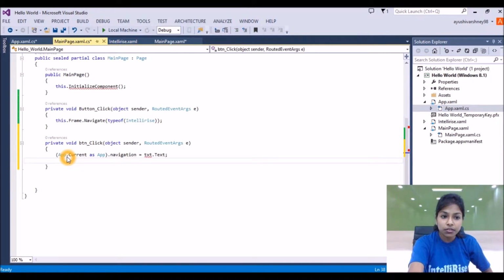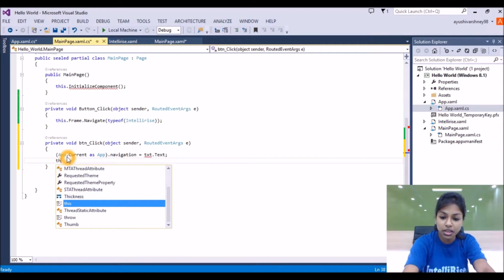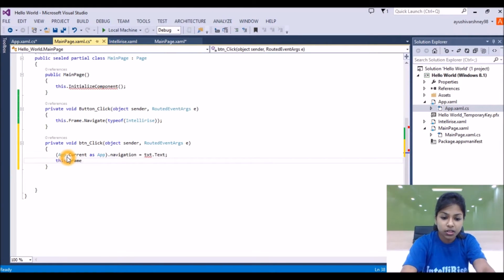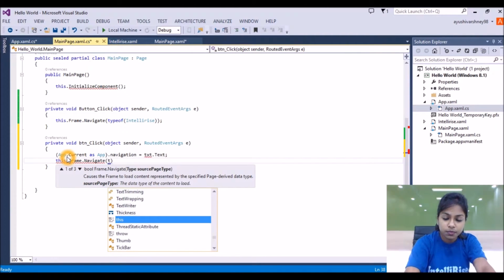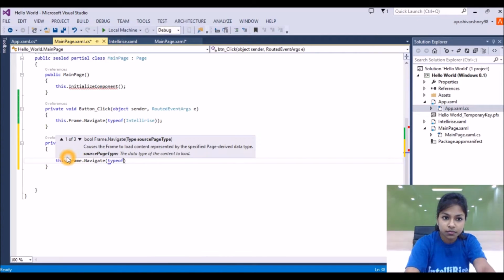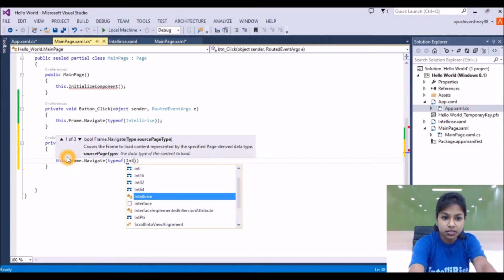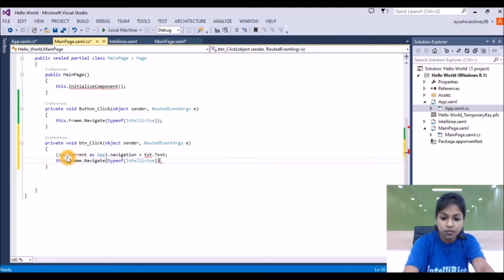And next we want to navigate also. So this.Frame.Navigate(typeof(Interiorize)). This is how we can navigate and store the text content of that text box.